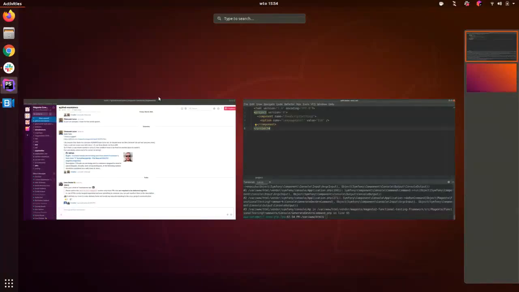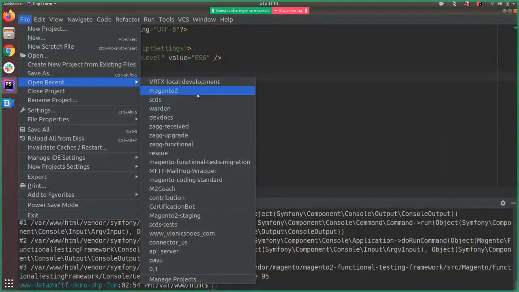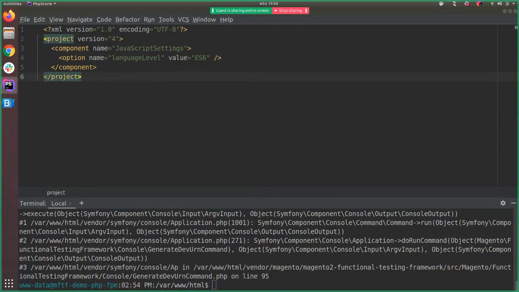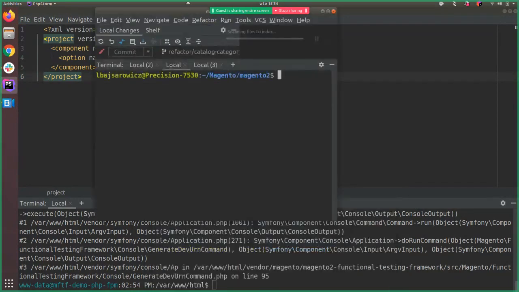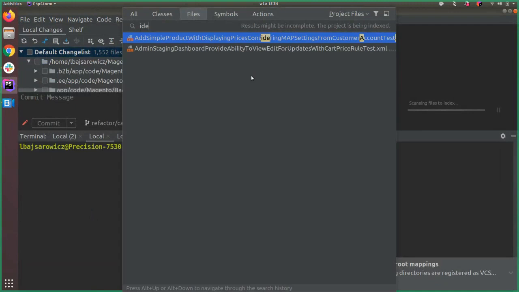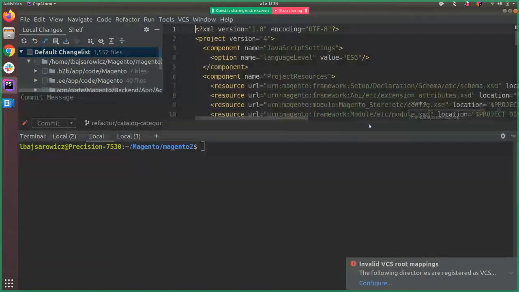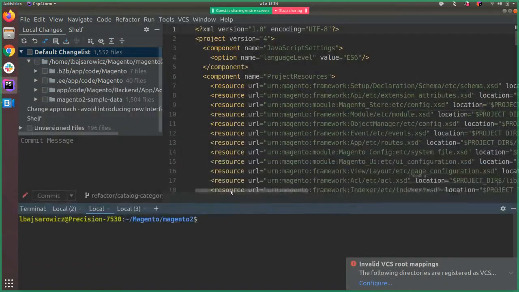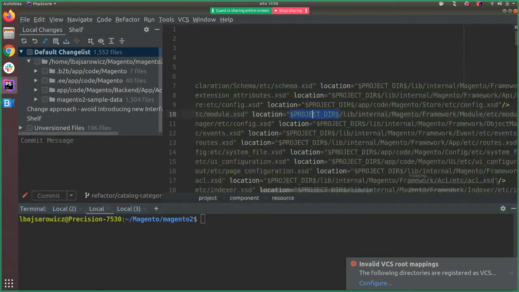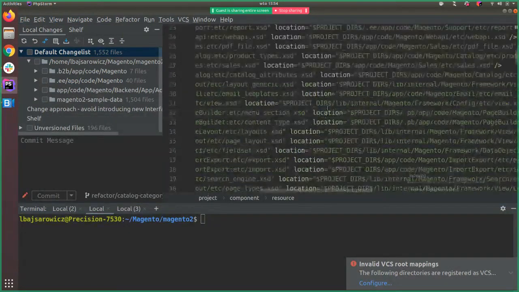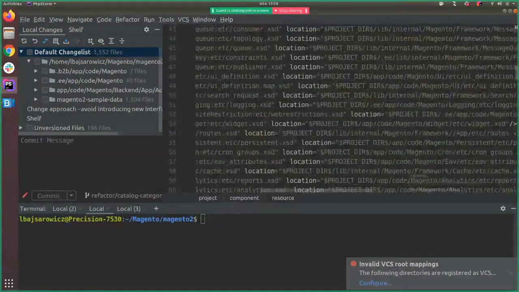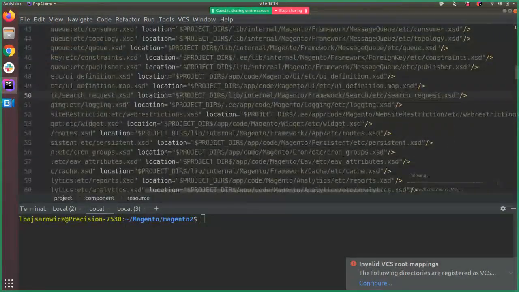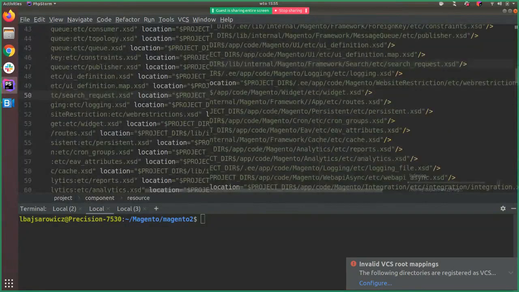PhpStorm and Magento core use. Let me show you that in different projects. One second. Which is actually .idea and misc.xml. Yep, it uses the path which starts from the project dir, not the absolute path. So if MFTF detects that you have installed your project in the vendor directory, it detects the vendor directory, and it